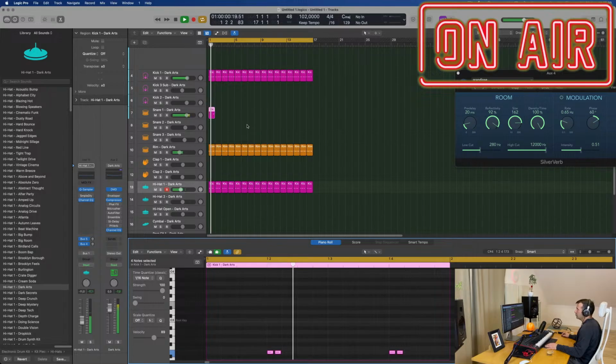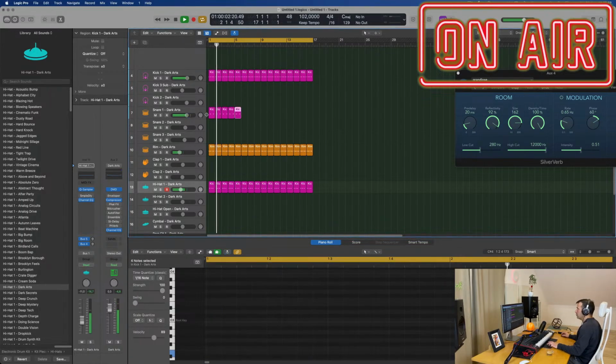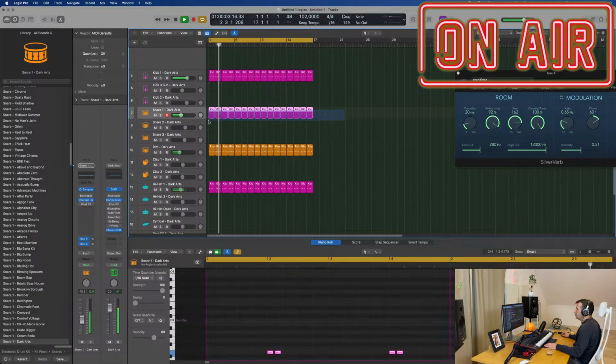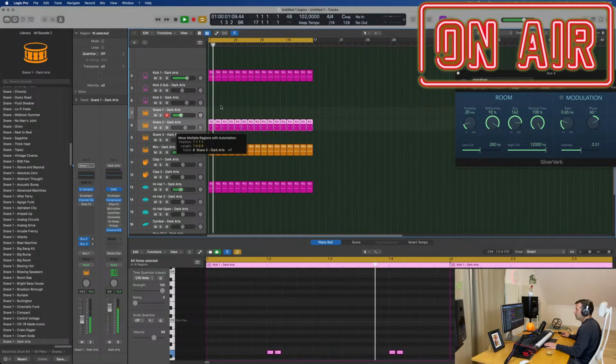Lower. There are a few other snares, so I'm going to test them.